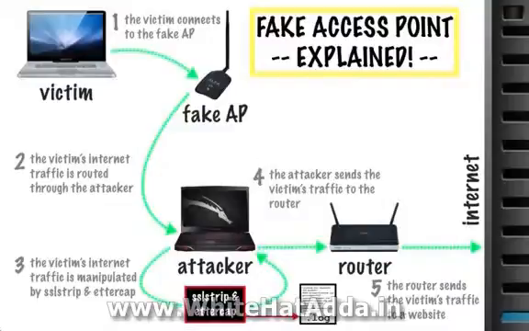Once the attacker obtains the victim's internet traffic, the attacker will manipulate and log the victim's internet traffic with SSL strip. And this is going to allow the attacker to force the victim to use HTTP, which as a result is also going to allow the attacker to capture any usernames and passwords that the victim enters. Once SSL strip is finished manipulating and logging the victim's internet traffic, the attacker will forward the victim's internet traffic to the router, and finally, the router will route the victim's internet traffic to whatever website the victim is attempting